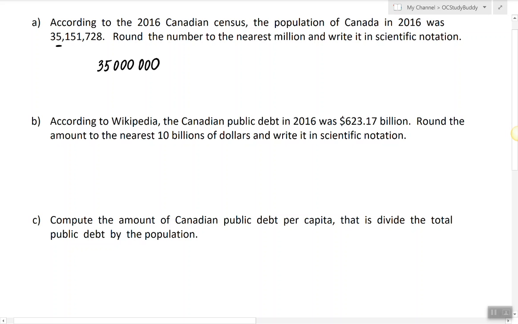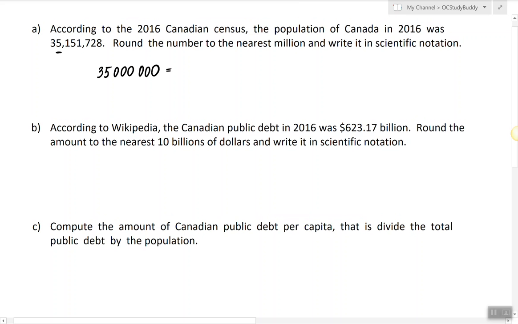And how do you write this number in scientific notation? Well, first of all, what does it mean to write a number in scientific notation? That means we're going to write it in this form, so that we have a number times 10 to the power n, where the number must be between 1 and 10. That means to write this number in scientific notation, we have to move the decimal point all the way